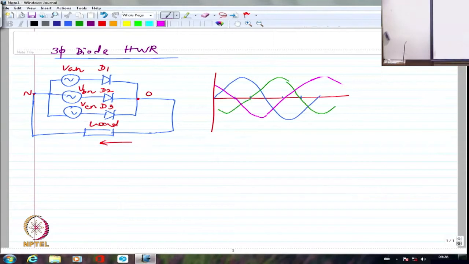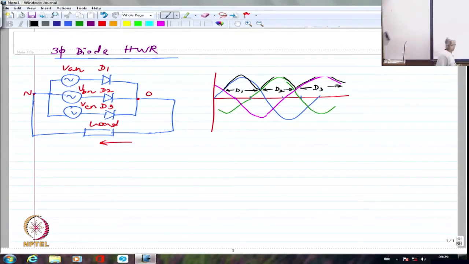So from here until here, I am just showing it as though it is exactly the same magnitude, but I just want to differentiate between the blue color, green color and the black color that I am drawing. That is the reason I am drawing it as though there are 2 lines. So this is how the load voltages are going to be, and we said that normally I am going to have D1 conducting from here to here, D2 conducting from here to here, and D3 conducting from this point to this point. Right? So each of them is going to conduct only for 120 degrees,